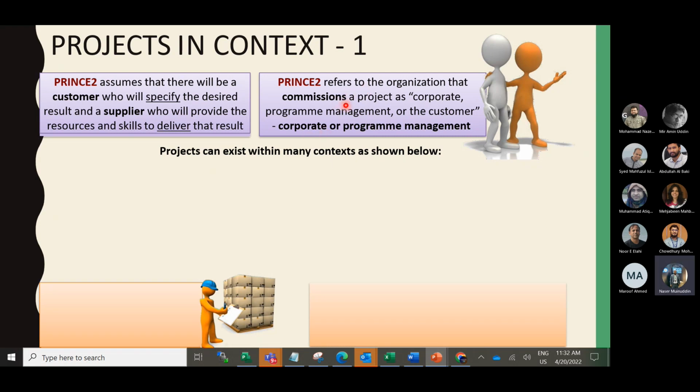Prince2 refers to the organization that commissions a project as corporate program management, or CPC. That means who is actually bringing the project to deliver to the customer. So CPC in terms of Prince2 is the interface to the customer. That means they have a decision maker who says yes, I want to introduce this project. Then the other formalities will start.